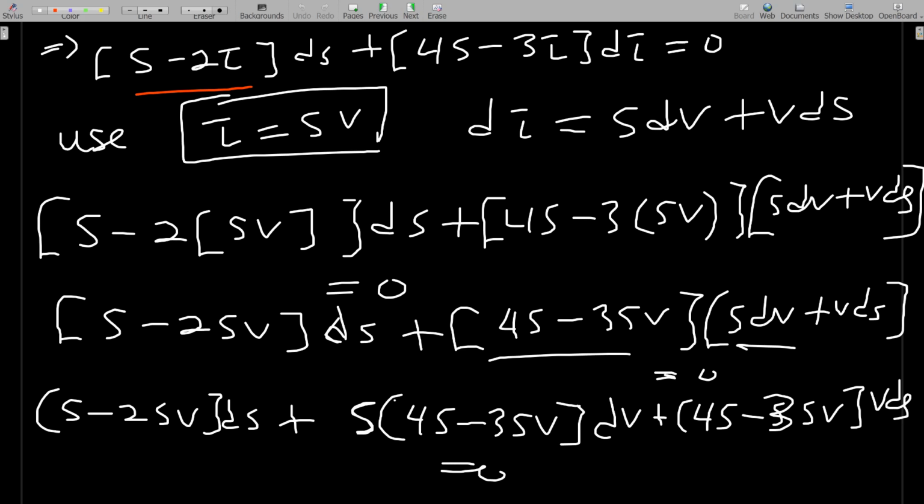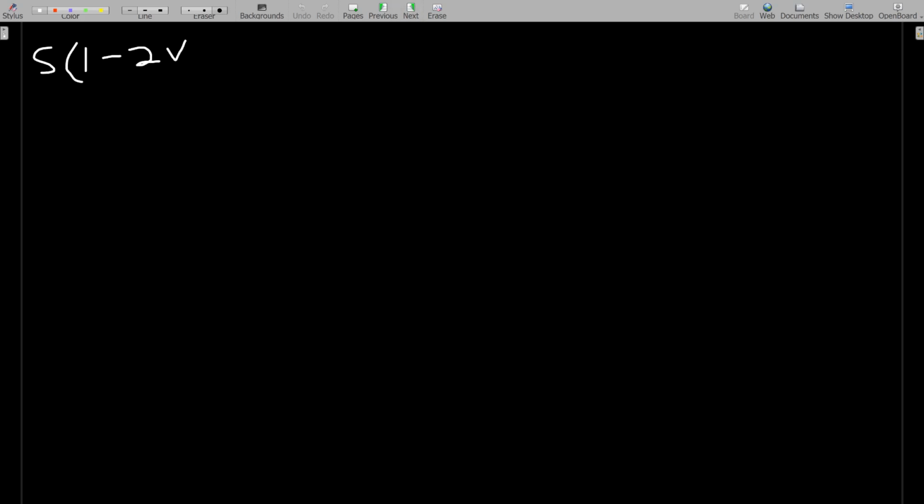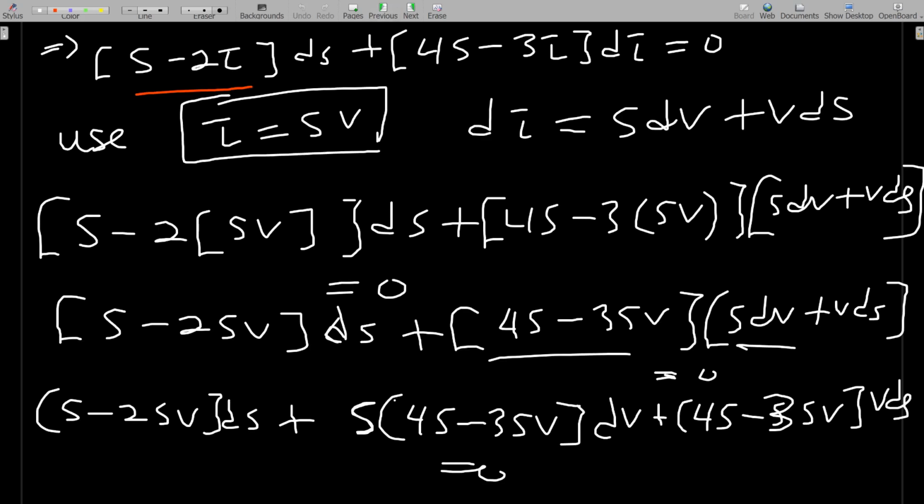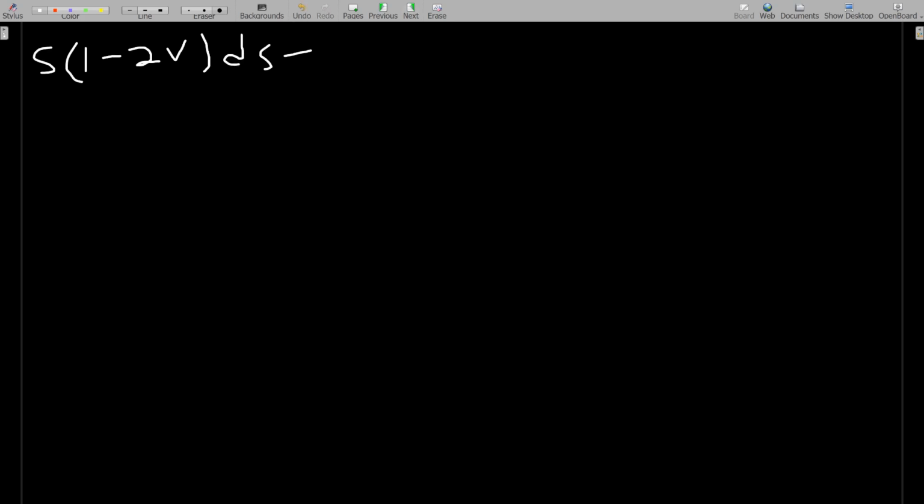Okay, all right, 1 minus 2v, then ds, right? And the other one is when we factor, already there is an s here. So let me factor s from this bracket again, and when it comes out, we multiply this s, I'll get s squared, right? Or you can see what I'm doing. So I have plus s squared